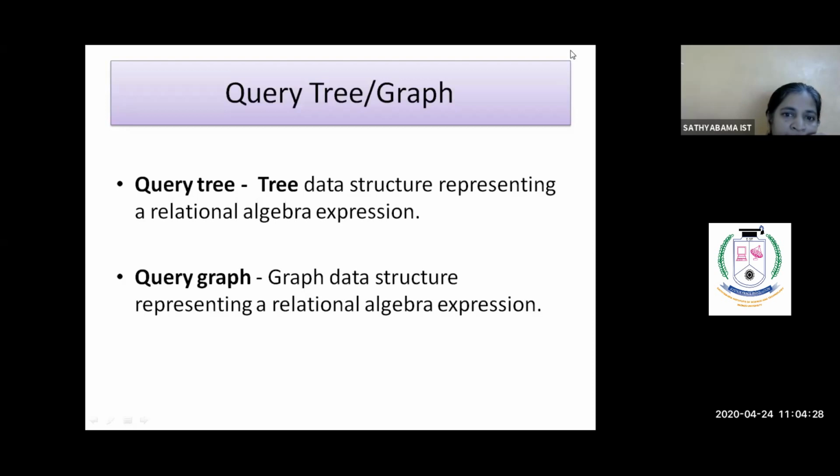Your entire relational algebra expression would be represented by a tree data structure. That is called a query tree. The same expression can also be represented as a graph data structure, which is known as a query graph. So either a query tree or a query graph would be generated for the same relational algebra expression.